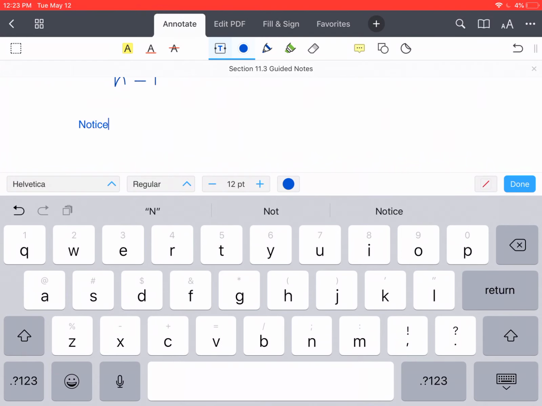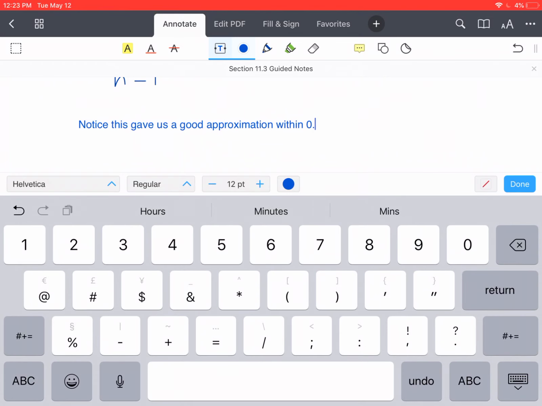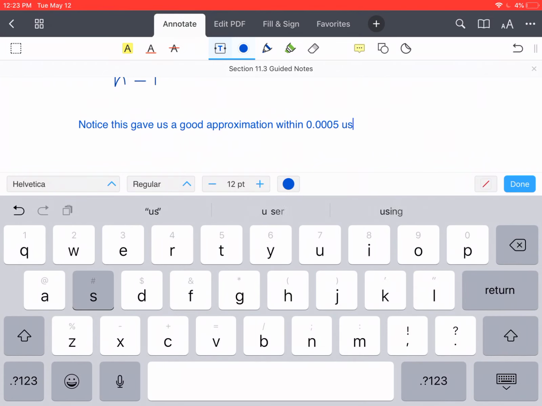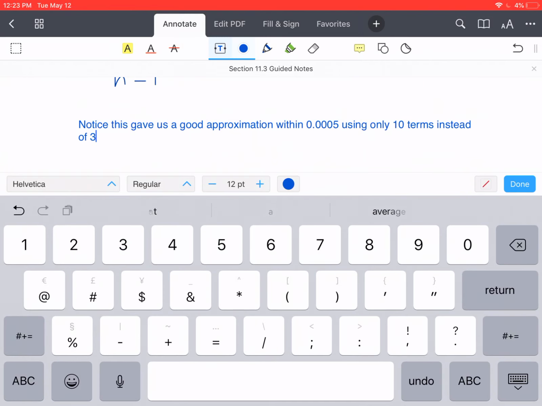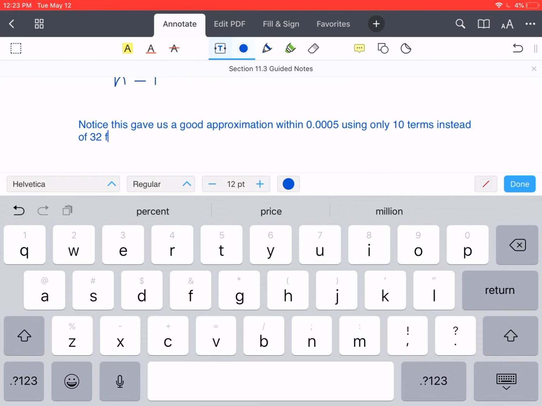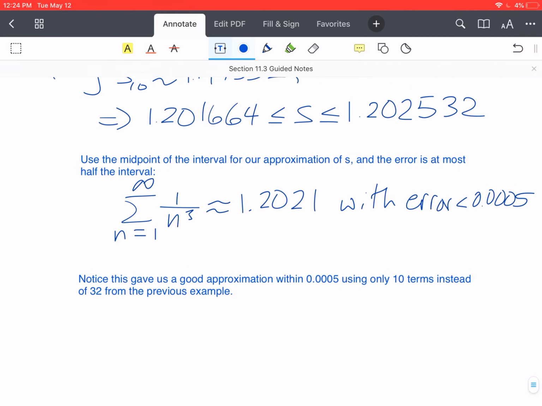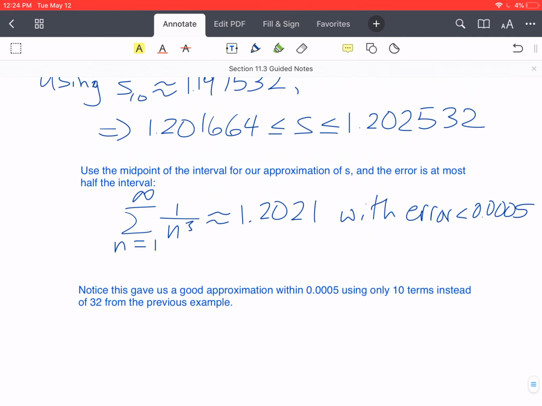So notice this gave us a good approximation within 0.0005 using only 10 terms instead of the previous one, which told us 32, right, from the previous example. That one told us we're going to need 32 terms to get this accurate, and using this method instead,